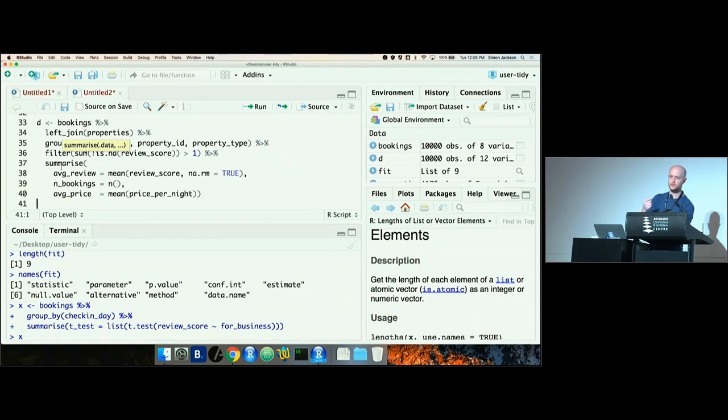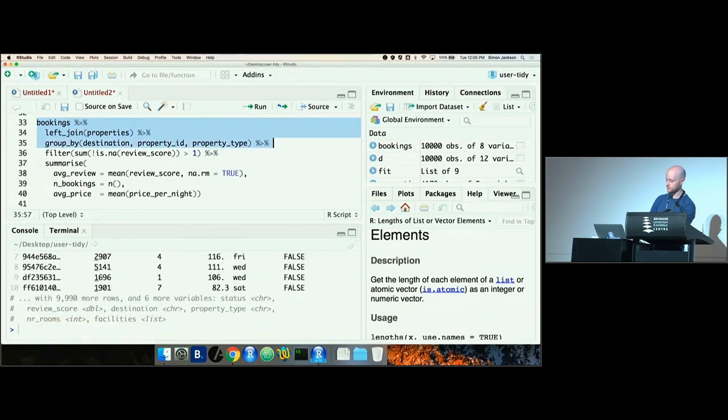I just want to talk through this code for anyone who's still trying to work out what's going on in this first part, and then I'll show the answer for the next part. So don't hesitate to keep typing and working away. Here what's happening is we're joining our 2 data sets, and I'm grouping by 3 things: destination, property ID, and property type. And a lot of people ask, why are you doing all this grouping? You could just group by property ID,